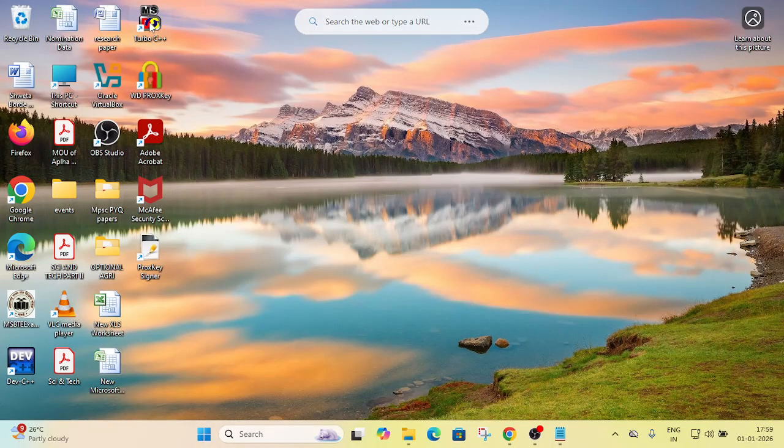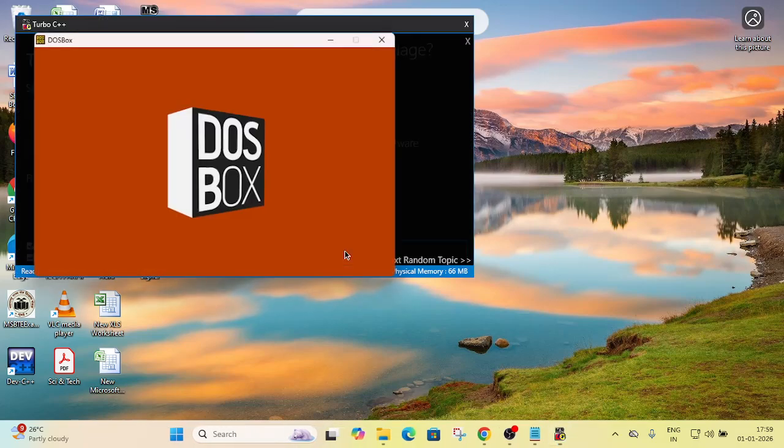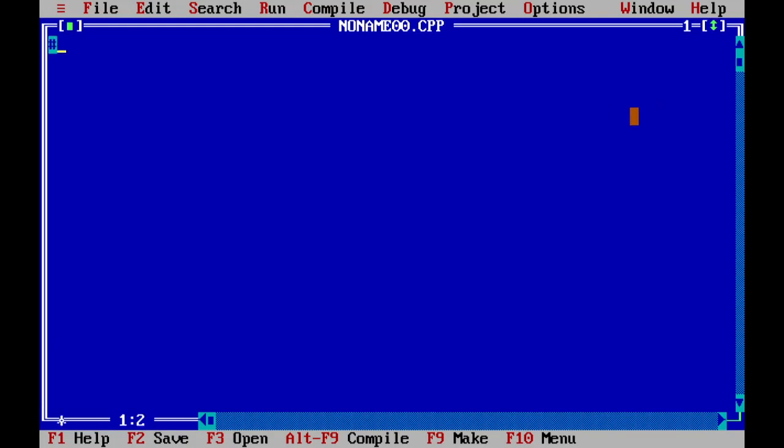Open Turbo C++, start Turbo C, create a new file, include header files, hash include stdio.h, hash include conio.h, hash include